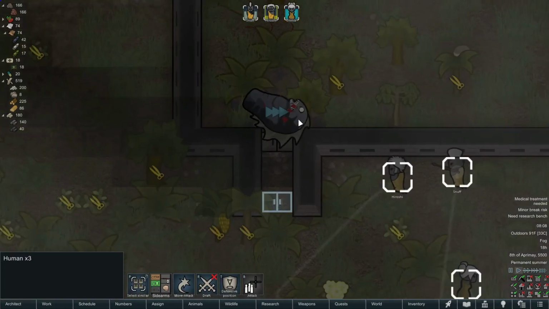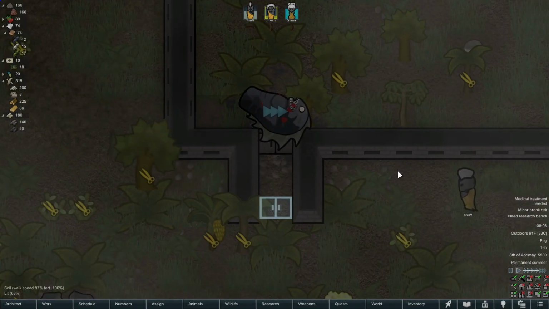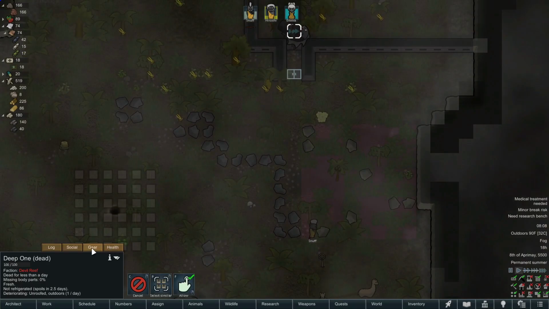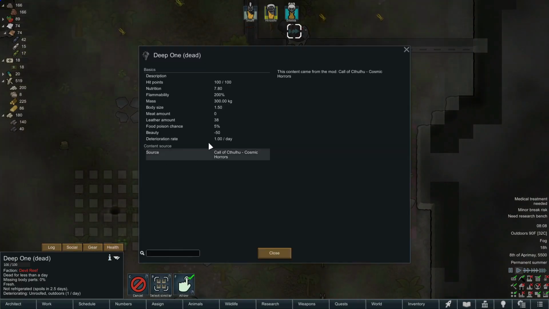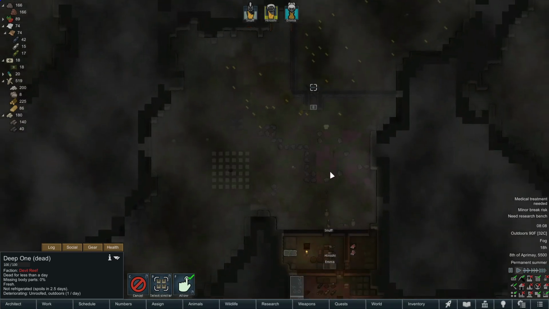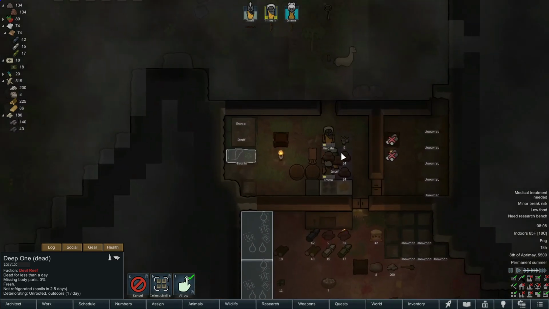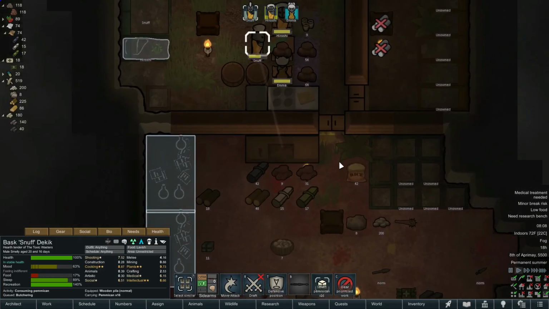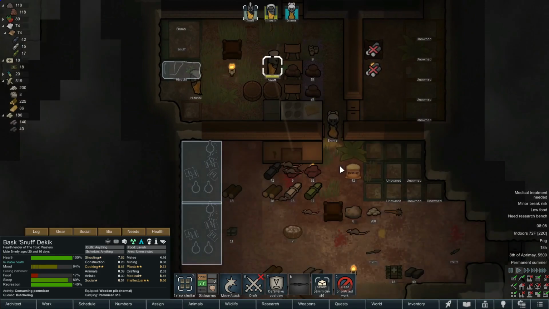He is monstrous in size, though. I'm anxious to see what he butchers up into. Obviously, it's probably going to be like fish meat or something. Meat amount. Oh, it says meat amount is 0. But we do get a little leather off of him. Interesting. Let me see if I can go ahead and force the butcher on that. Everybody go ahead and eat. I want to see if he really does provide no meat. Kind of a disappointment, but hey,